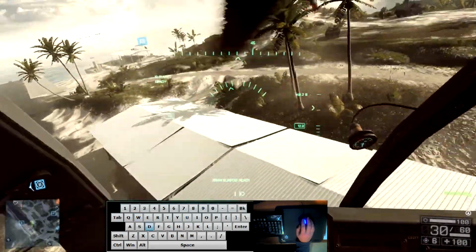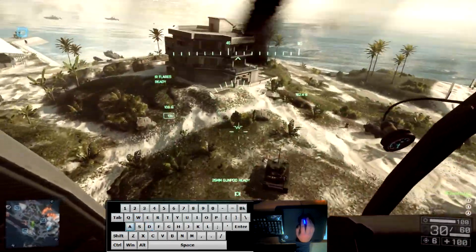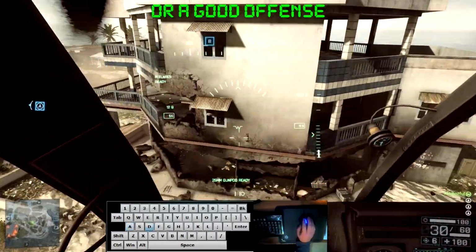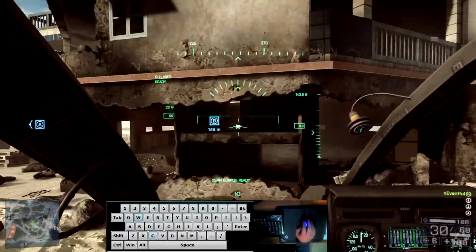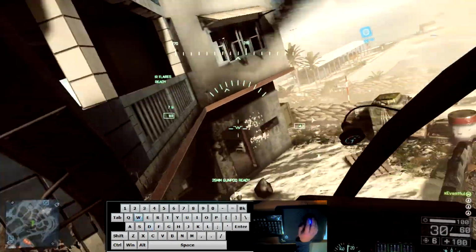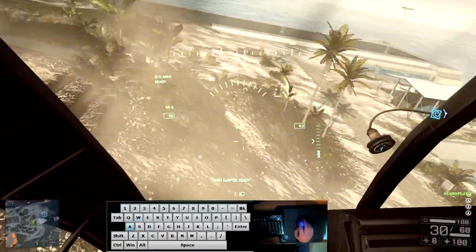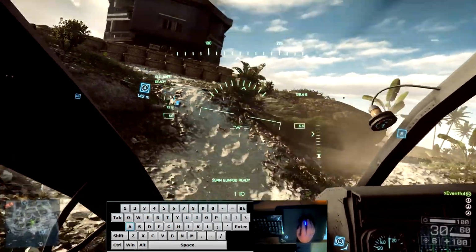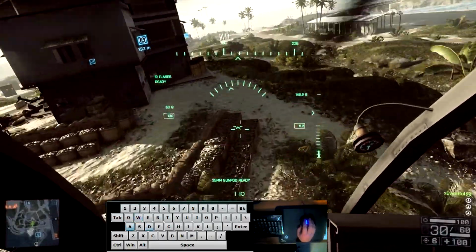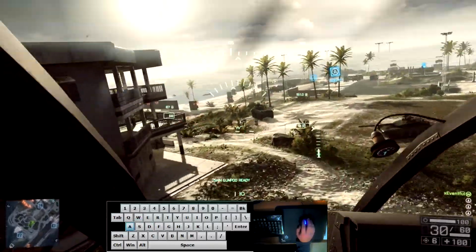Alrighty guys, now for some basic defense. Usually the best defense is just hiding. As soon as you hear a lock or anything, just try to get to cover. Buildings work great, sometimes trees work great, just whatever you can find. Oftentimes if you can just get behind a hill, stingers and lock-ons will run into the other side of it, so that's usually your best